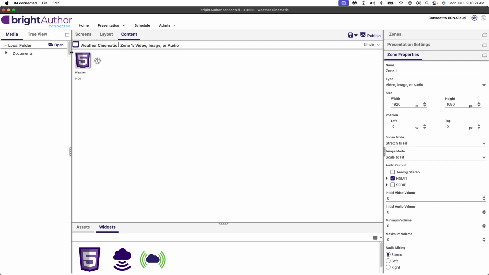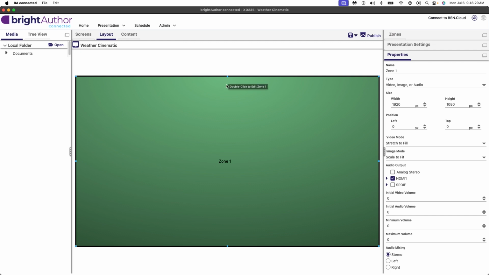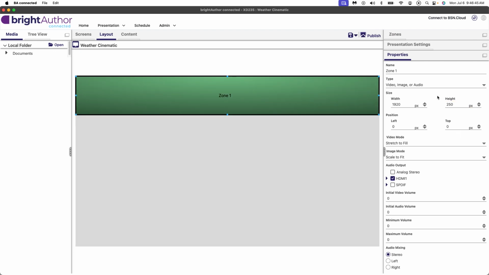Because ScreenFeed's content is HTML5, it will respond to the adjustments to your zone. So if we wanted, for example, instead of a full frame weather, we wanted let's say a footer or sidebar weather. If we wanted a footer weather and we wanted the height to be 250 pixels, for example, you can just adjust that by choosing layout, selecting the zone so it has these blue handles, and adjusting the size.